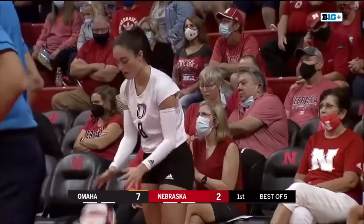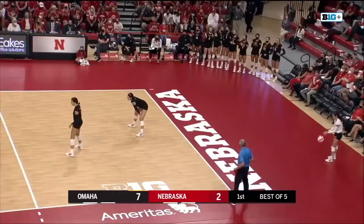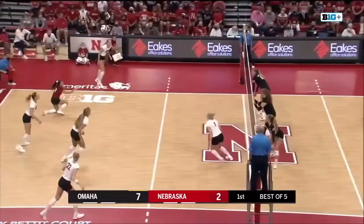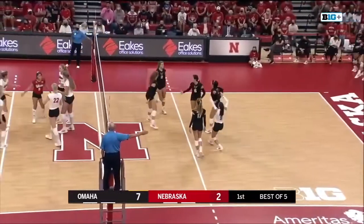Huskers are just taking a little longer in the huddle, talking things over. I'm assuming the coaching staff's going to let them try to work through this. Serve from Mountjoy, the great libero. Nice pass. Our libero, Rodriguez. Left side swing, Batenhorst. Stuff